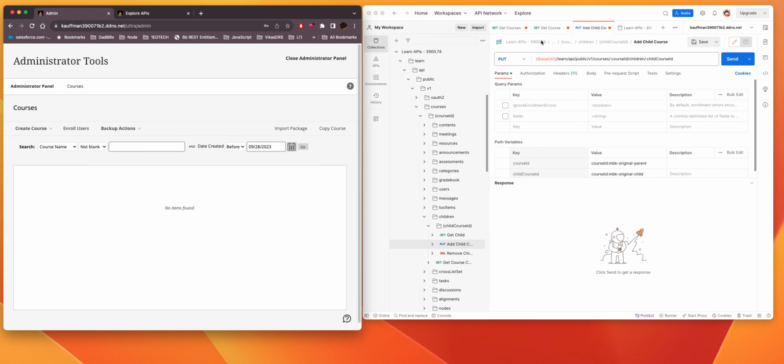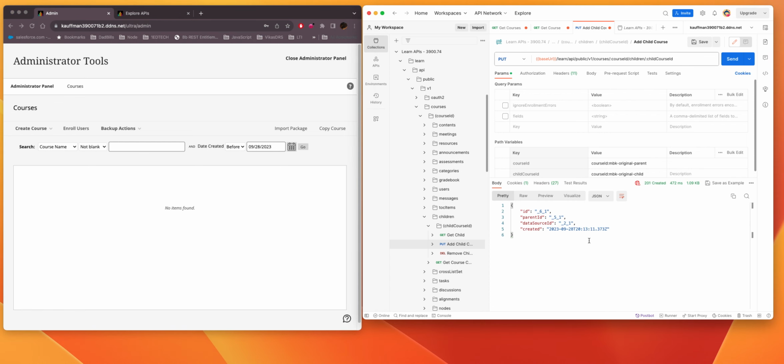So now what we're going to do is, it's very simple. All we do is we use our put, and we put the parent course ID as the course ID, and then we put the child course ID as for the child. So we would make multiple calls if we had multiple children to put them under the one parent. And once again, our SIS has already created these courses from the template. And so I've got a token here, a REST API token. So if I send this,